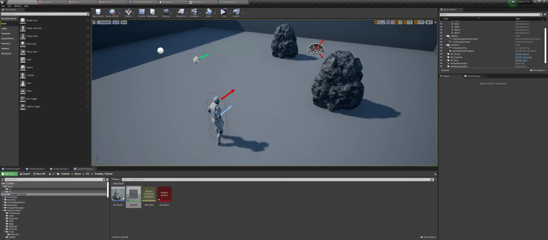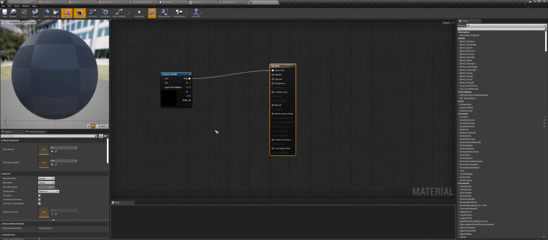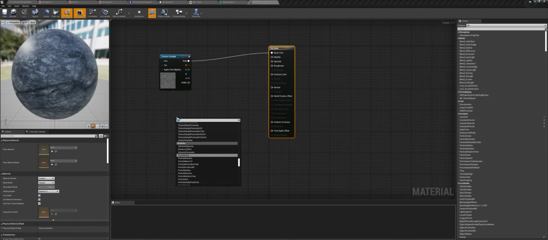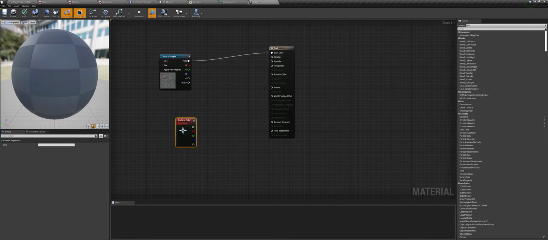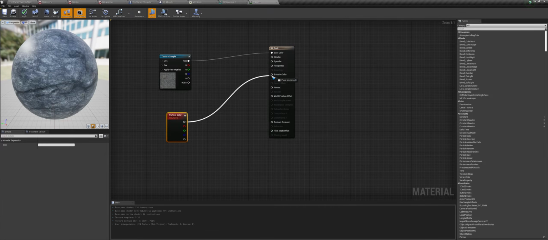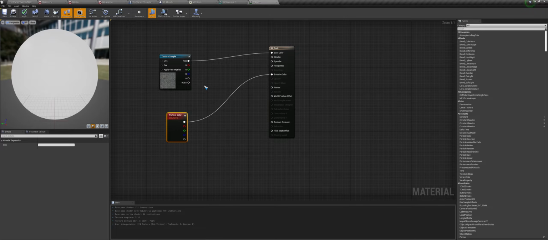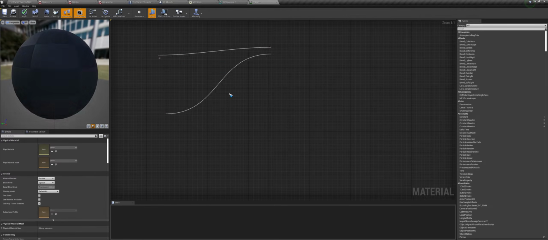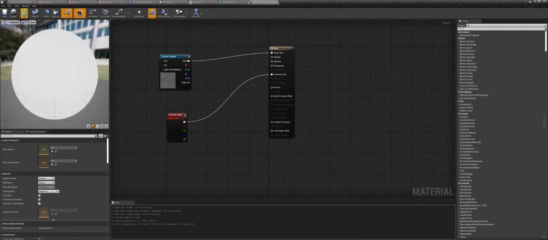Now in order to change the color of the mesh, we need to open the mesh rock, then type in particle color and connect this to the MSC color. So here if you have an unlit material, we will just get a multiply and connect this here and connect the color here and connect this to the MC color. But right now we only need to connect this to the MC color.